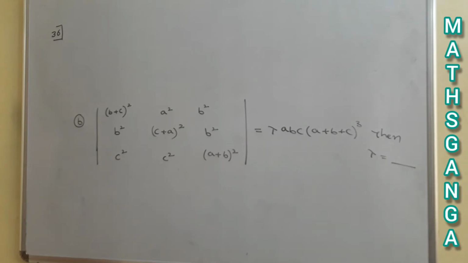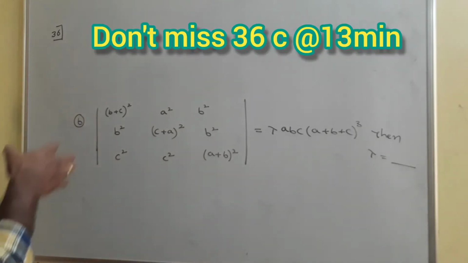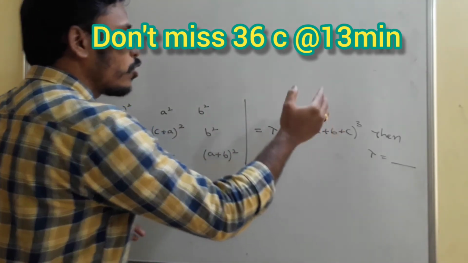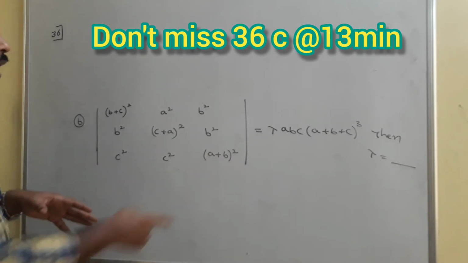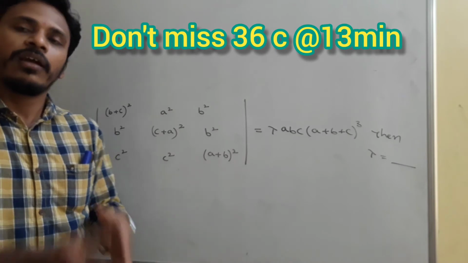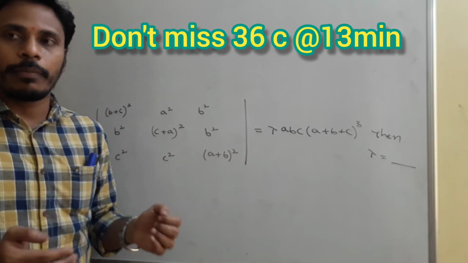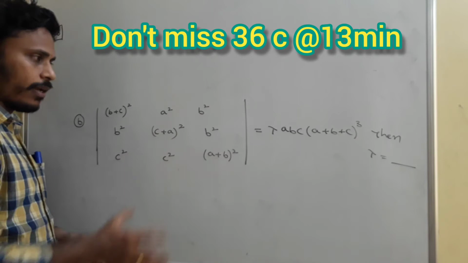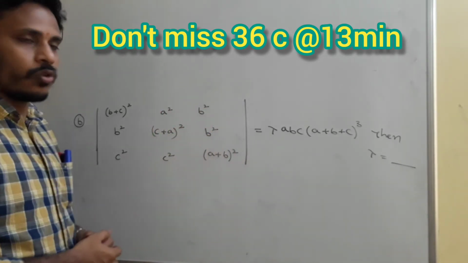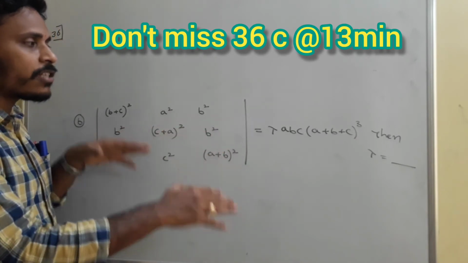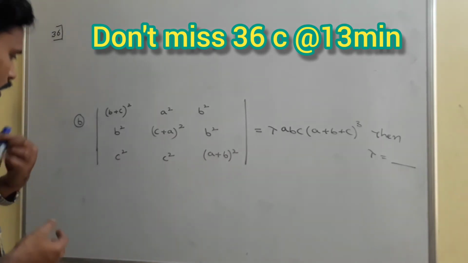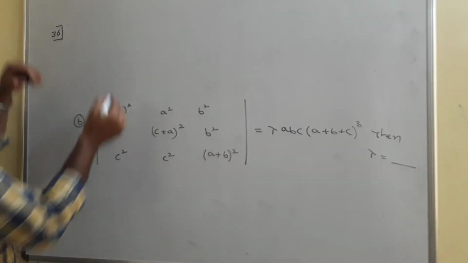They are asking us to find this determinant, and they mentioned that the determinant is lambda times abc into (a plus b plus c) whole square. If they asked us just to find this determinant without giving this right side part, then we don't have any other way. We need to simplify it with the usual determinant manner, okay? And that is a bit complicated. But here the right side part is lambda times abc into (a plus b plus c) whole cube, and our work is to balance both sides, that's enough. While balancing both sides, you may take any values in the place of a, b and c, whatever is comfortable for you.